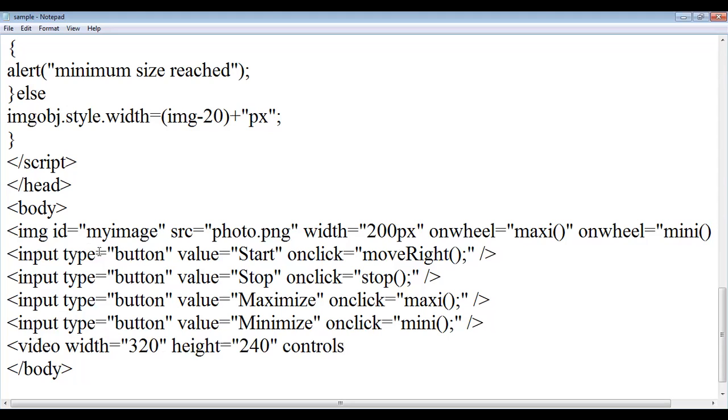This is the video tag you have to include in the web page. Up to now, you have completed images, how to include images and what events you can generate over the image. That is the animation part you have completed. Now, in today's class, we discuss how to include the video tag into the web page and how to write the script code for it.